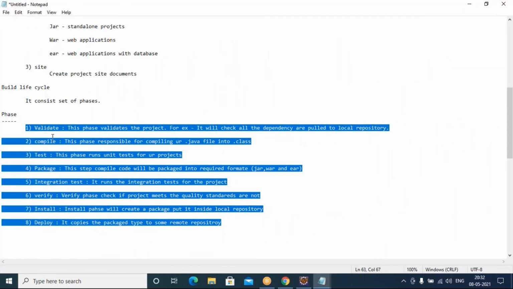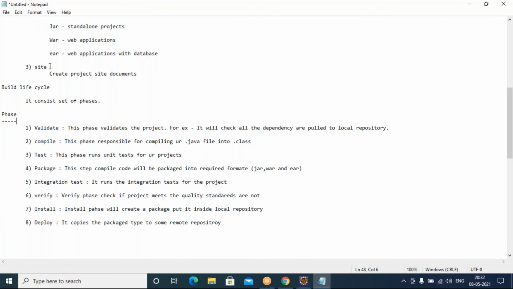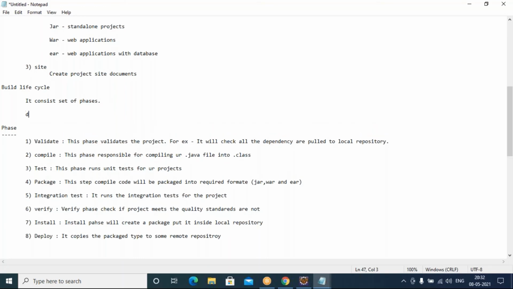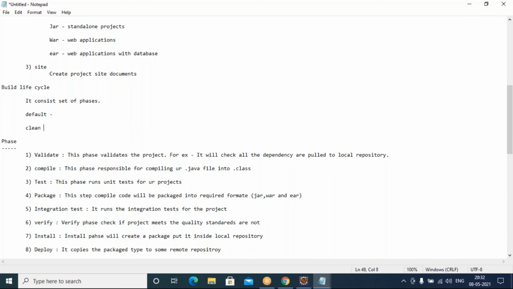So actually, to talk about these three life cycles we spoke about: the default life cycle, the clean life cycle, and the site life cycle.